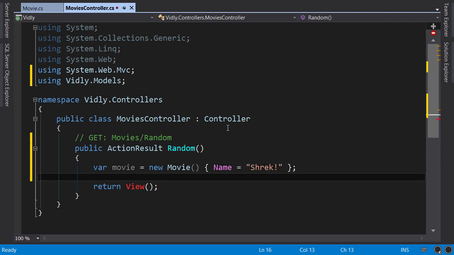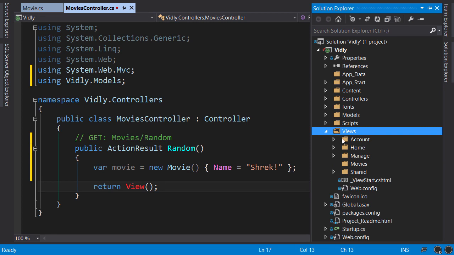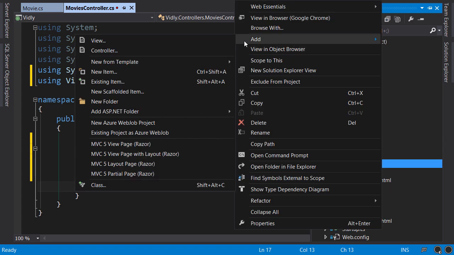Now here you can see that this method is returning a view. And the reason this view is red is because ReSharper is telling me that this view file does not exist in the application. So in the Solution Explorer, under Views, look, inside Movies folder, we don't have a view called Random. So right-click, add, View,